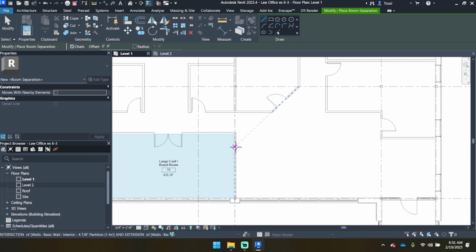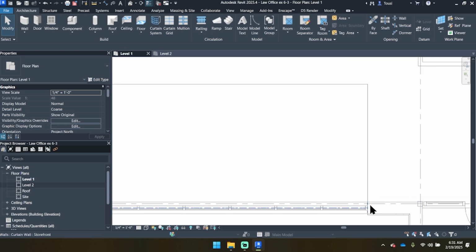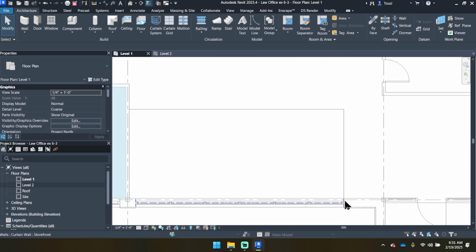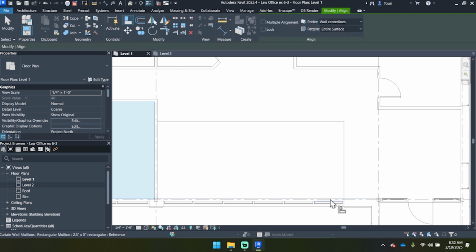So I'm going to draw the approximate shape of the waiting room. I'll adjust the height of this horizontal line, but I am going to ensure that the vertical line is lined up with the edge of the curtain wall glass. If when you drew that, it didn't show you the aligning lines or you missed that, you can just come up to modify and align to ensure that the edge of the curtain wall lines up with the edge of this room